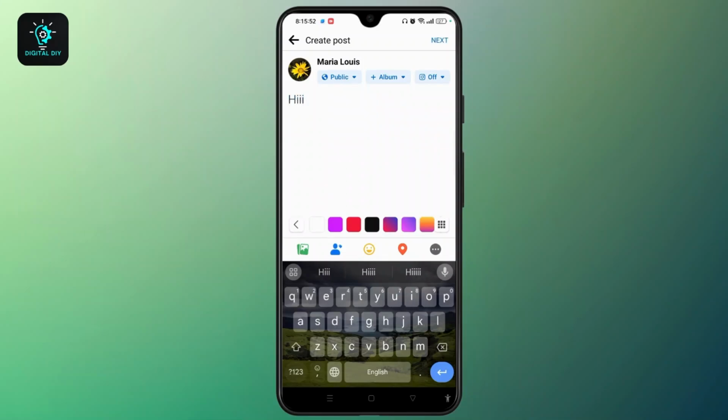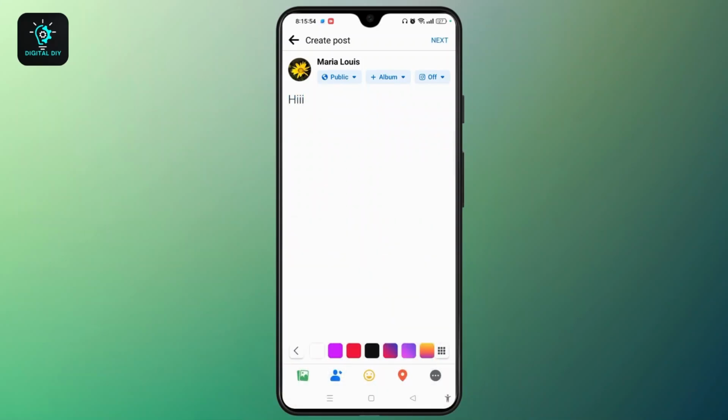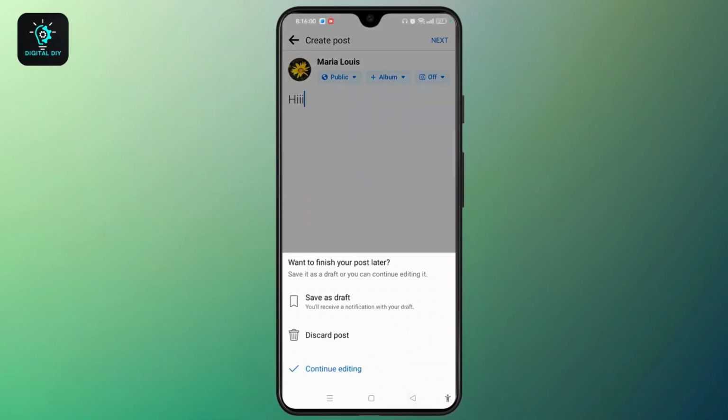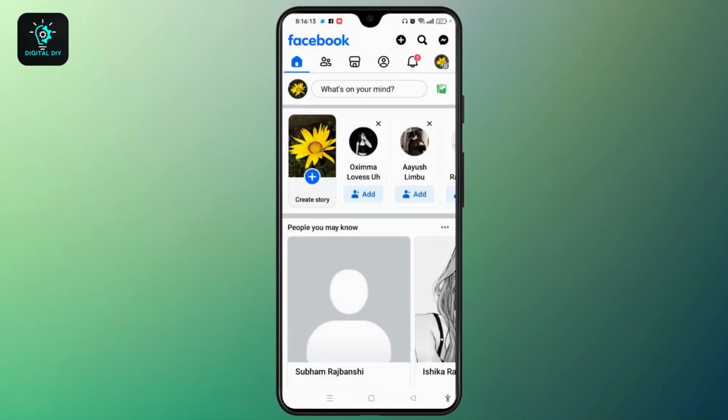Once you type in, instead of tapping on the next, you need to get back to the home page by this back button here, and here you can see the box appear which says the option as save as draft. So you need to simply tap on the save as draft button, and on the top of the screen you